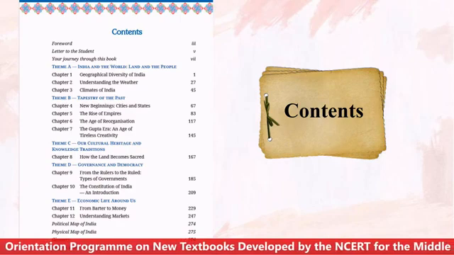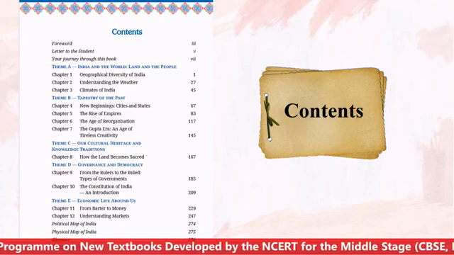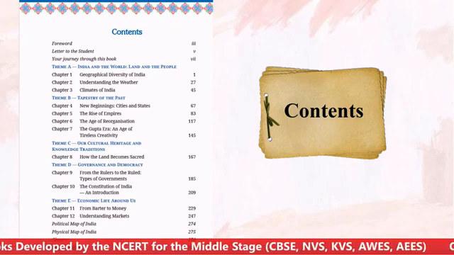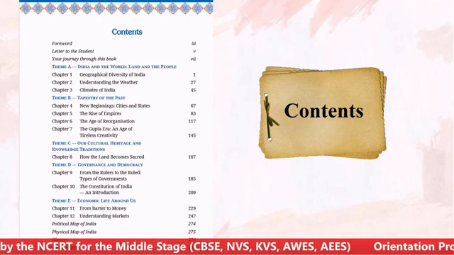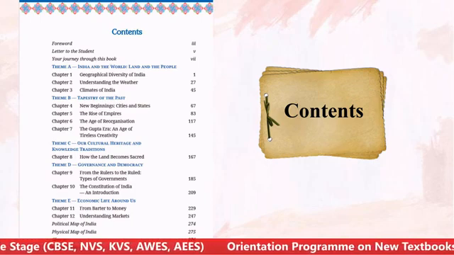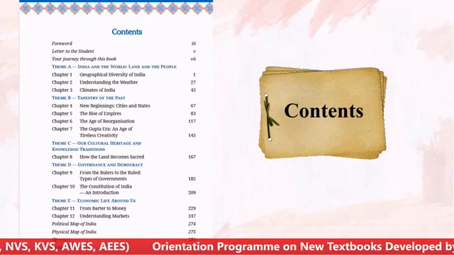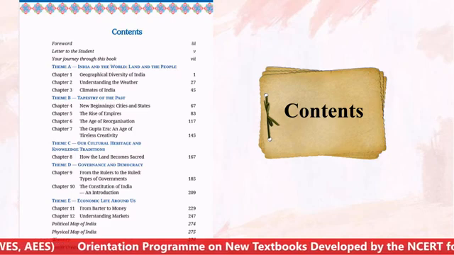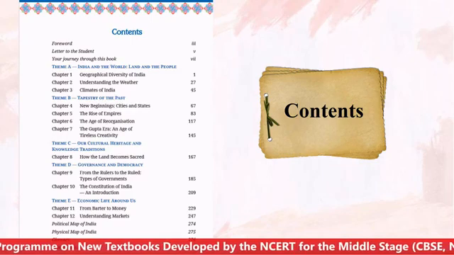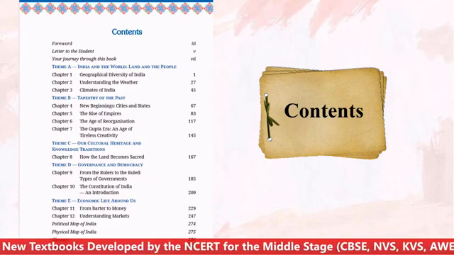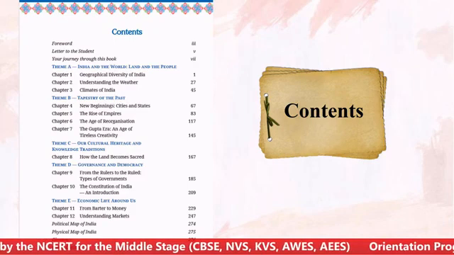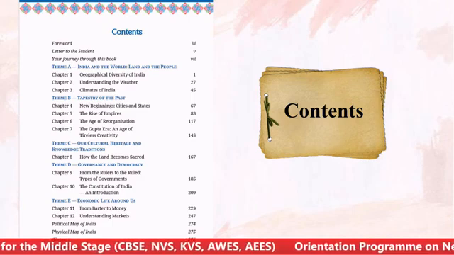Then in the second chapter we are talking about the weather, how weather is measured, what is its role in our life, and suppose if somebody has an understanding of weather, how it will help them to be better prepared for events like flooding or heavy rains. So these things are discussed there. Then the third chapter is about climate. There we are discussing why in India we have such diverse climate and how it affects the life, the culture, the economy of our country, and how its knowledge can help us in better preparing ourselves to address or to